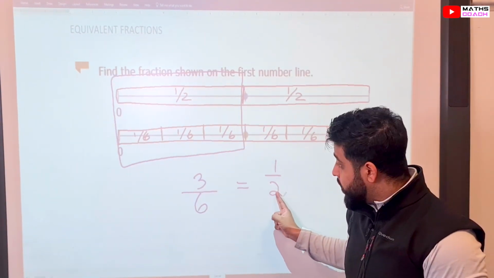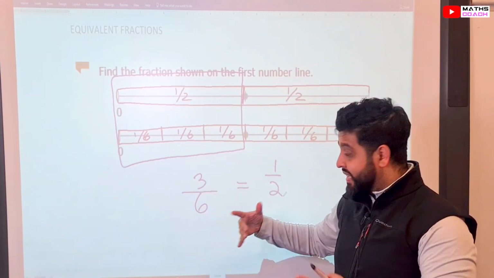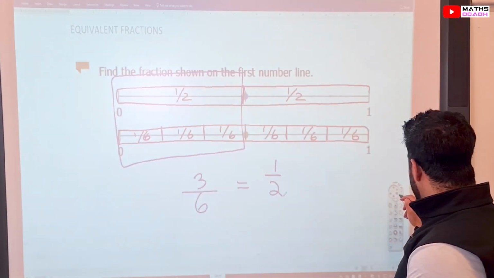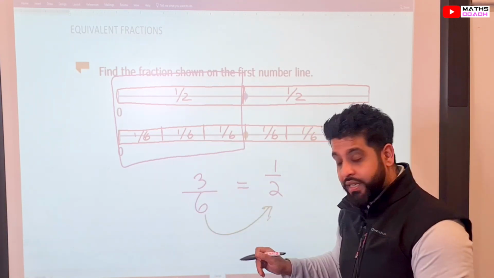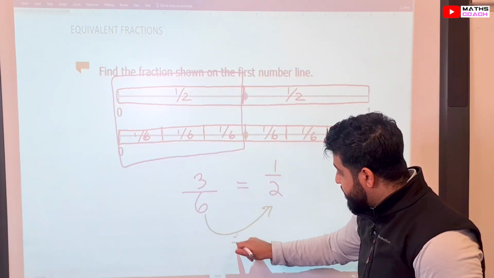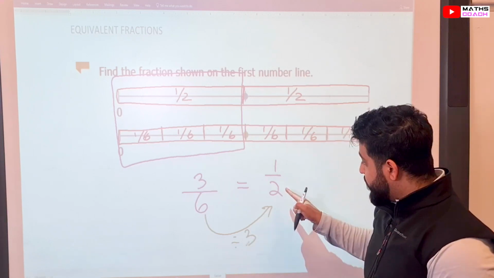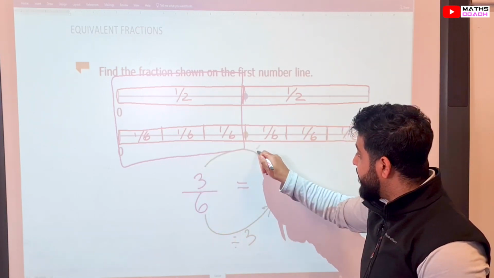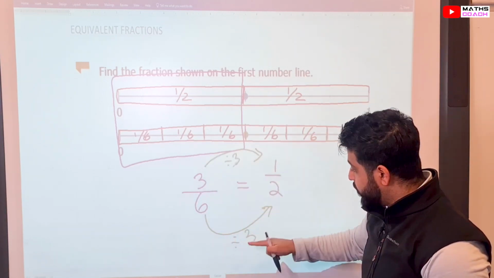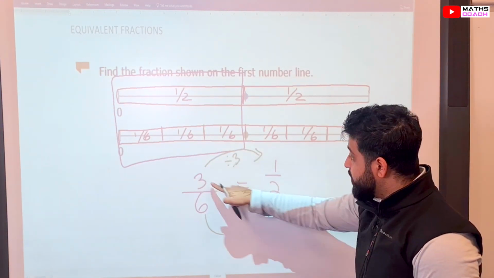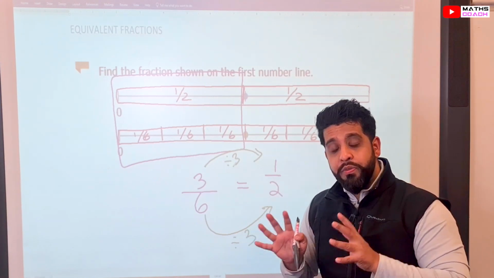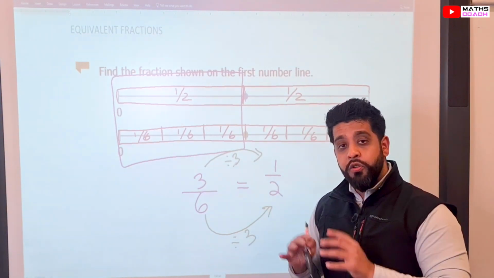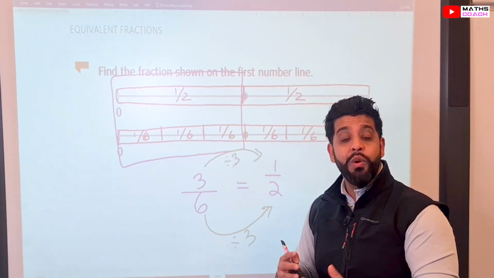Now, this will lead us nicely into simplifying fractions. 1 over 2 and 3 over 6, they are equal to each other. And how? Look at this. 6, the denominator, if you divide this by 3, you get 2. And also, the numerator, if you also divide by 3, you've got to do the same to the top and the bottom. So 3 divided by 3 is equal to 1. And we are going to be using this technique to find and answer some questions where we have to find